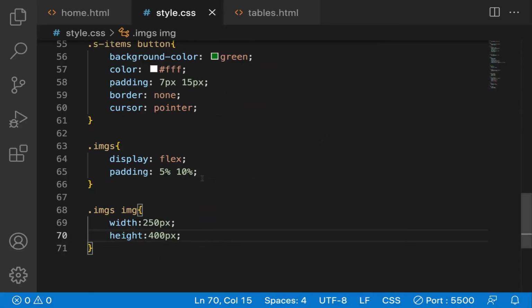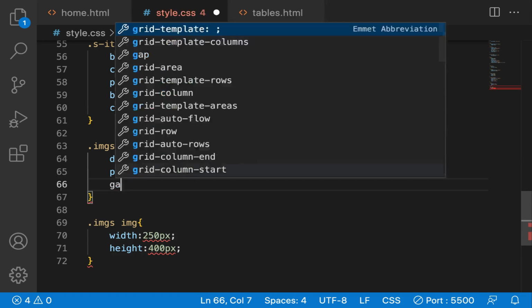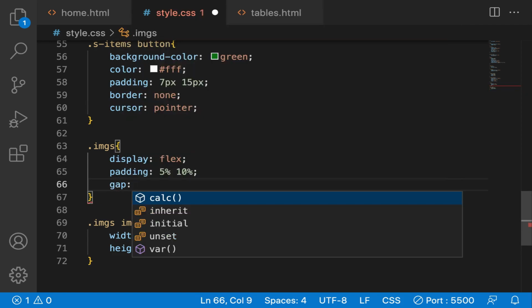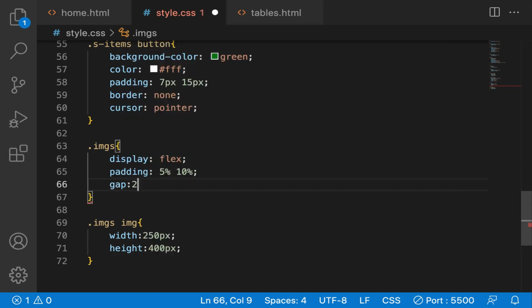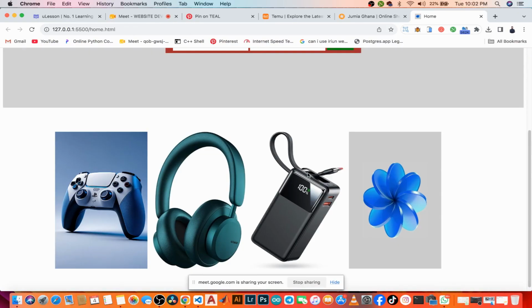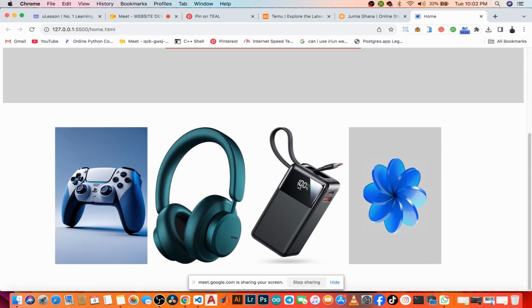And of course, I didn't forget to add the gap property. There's a gap of 20 pixels. Okay, fine, 15 pixels, to give a space between them. Okay, that is all. So when they scroll down to the bottom, then